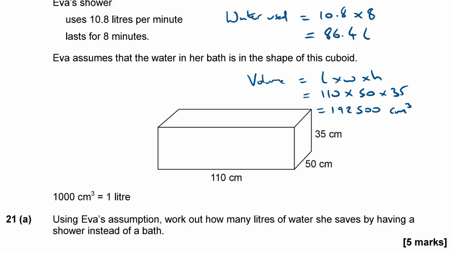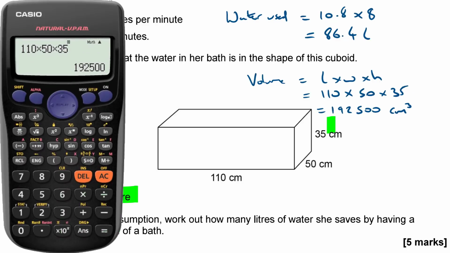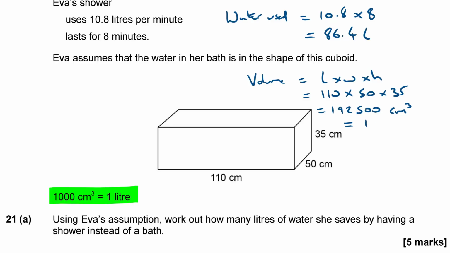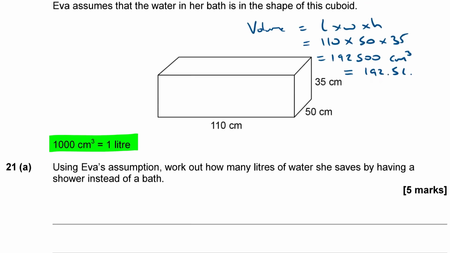Now it's time to use this conversion factor here. 1,000 cubic centimeters is 1 litre. So if I've got that in cubic centimeters and I want litres, I need to divide through by 1,000. So again, reaching for the calculator, divide by 1,000. I'm going to get 192.5 litres. So then the water saved